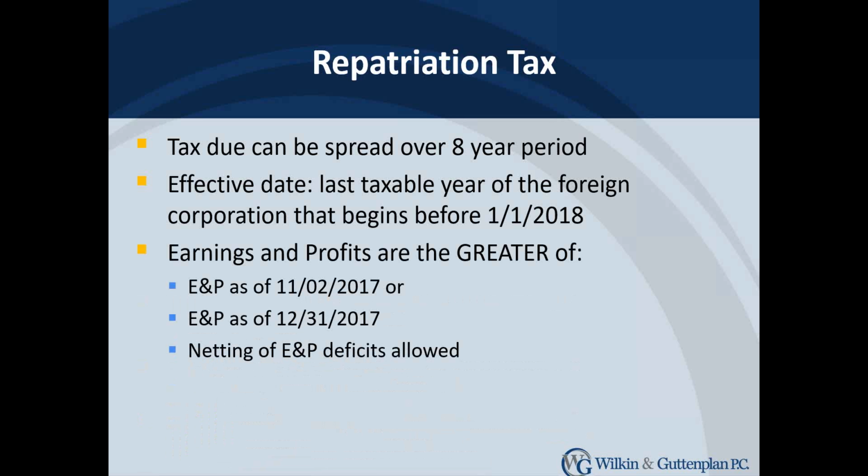You might have a subsidiary that acts as a back office that really is operating on a cost-plus model that's not generating a lot of income. So in many cases, not a whole lot of attention has been paid to determining what the E&P is. Well, now that's going to change dramatically. We really have to get our arms around what that E&P is. E&P has specific rules under the U.S. tax code, which is not the same as the financial statements' retained earnings. So that's going to be a major challenge between now and the extension due dates to figure out how much tax we may be owing.